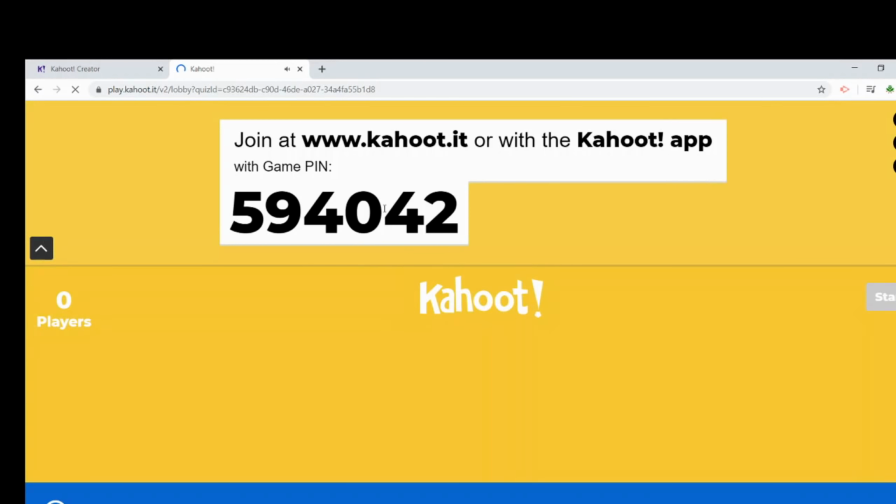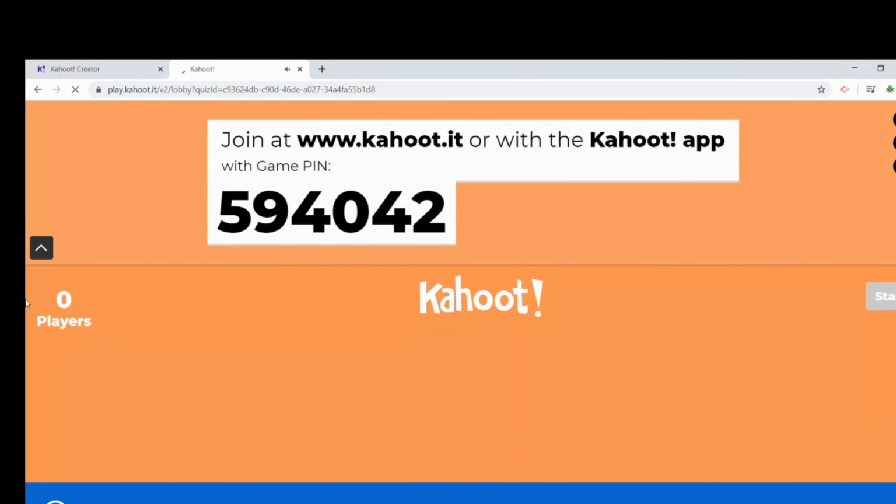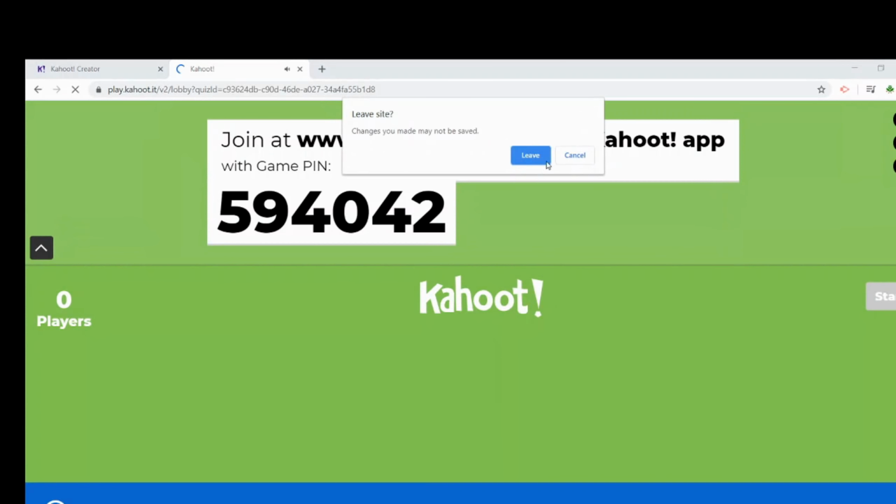And when you provide this quiz, the number of players who join is listed here. It can be shown here, 1, 2, 3, 4, 5, 6, up to 100. So, waiting for players. Once students are joining, this number keeps increasing. In this way, once students join, they can start and play the particular Kahoot. So this is another way.